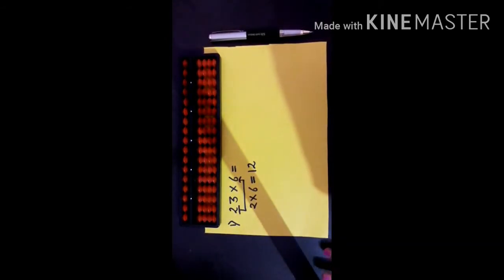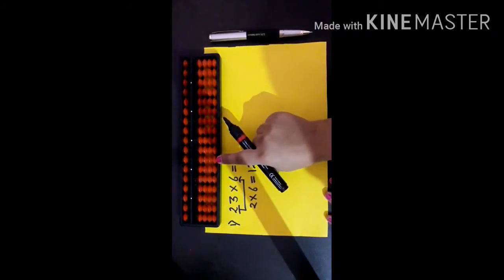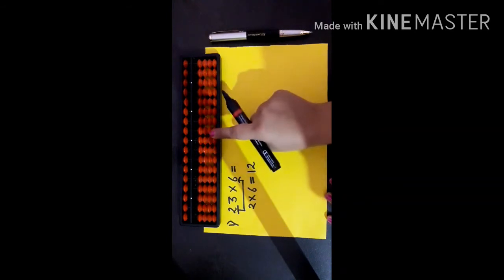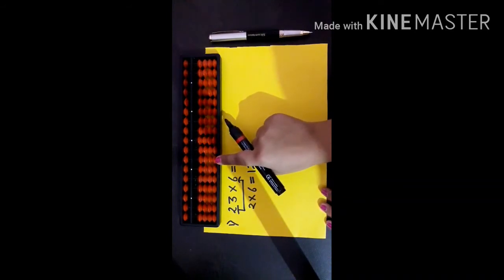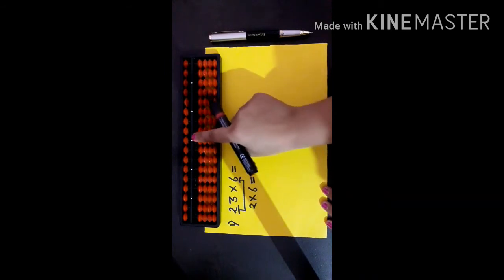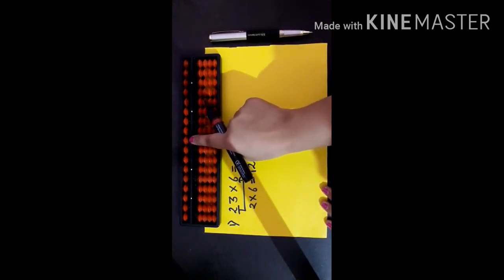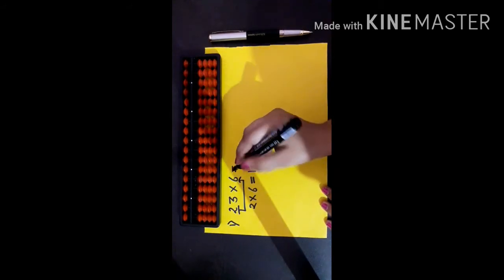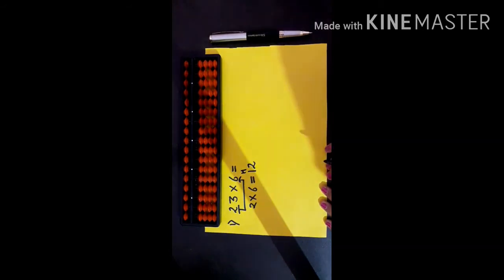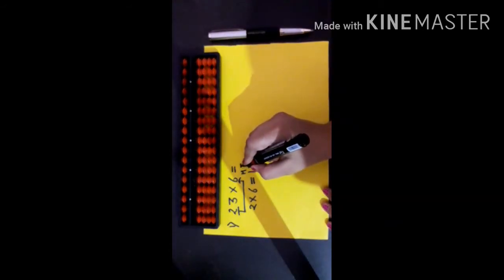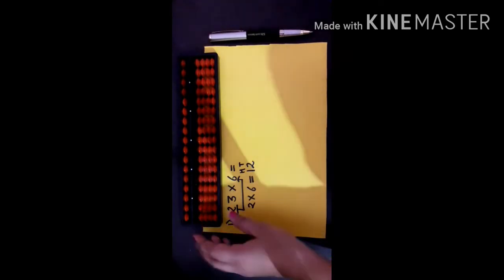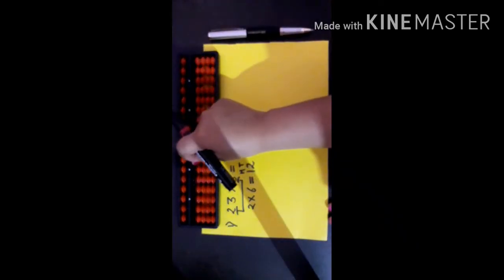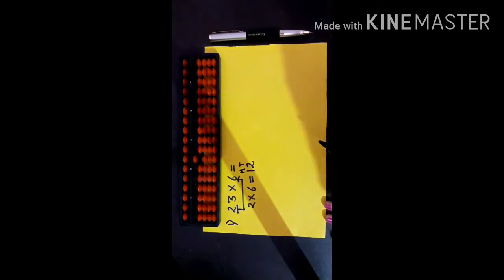Now as you all know, we start our calculation from the hundreds rod. Hundreds rod you can say third rod also: 1, 2, 3. This is the mid dot. From here the third rod is the hundreds rod. So you will start your calculation from this rod. Your first number will go in the hundreds rod and the second number will go in the tens rod. So 1 in hundreds rod and 2 in tens rod.